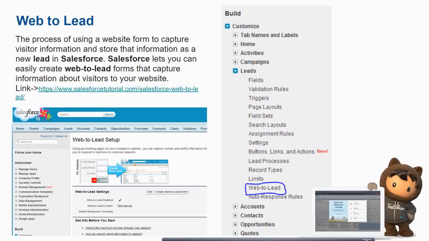What happens is we can configure on our end what fields the web to lead form will have, like first name, last name, phone number, whatever you configure. Then you can share that with the website team, or integrate it inside that website, and you will have that form inside the website HTML page.